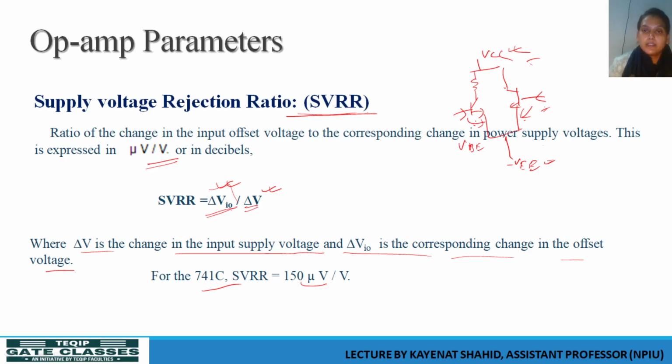As I again repeat, the voltage and current of the transistors depend on the supply voltage. If there is a change in supply voltage, these parameters will change, and hence the differential output voltage will be different, and hence the offset voltage will be different. So to make this output offset voltage 0, we will need a different input offset voltage. Hence the change happening in the input offset voltage due to the change in supply voltage is called the supply voltage rejection ratio.